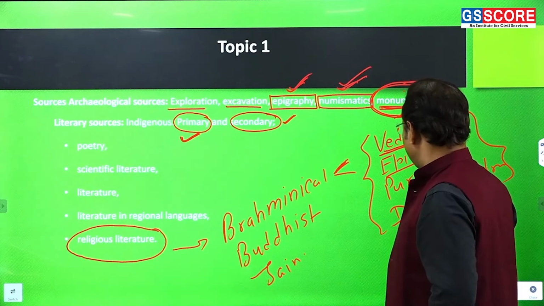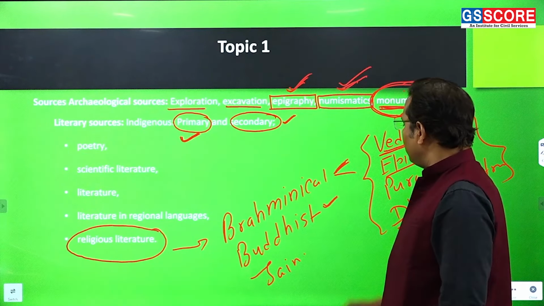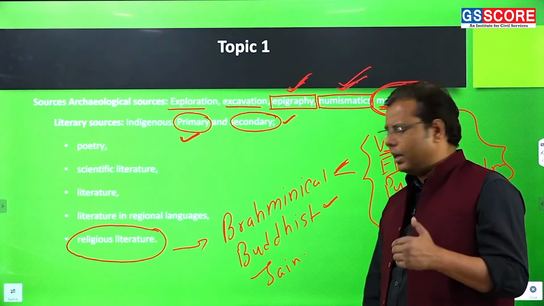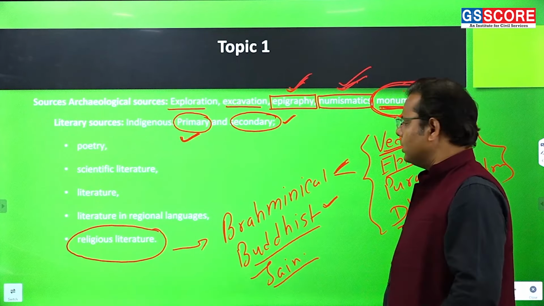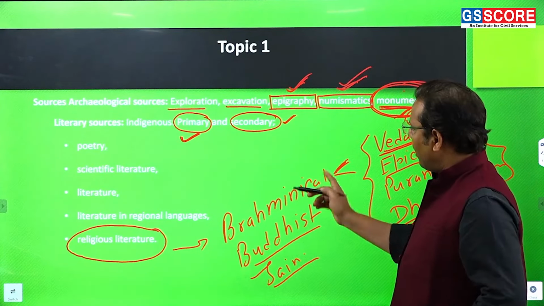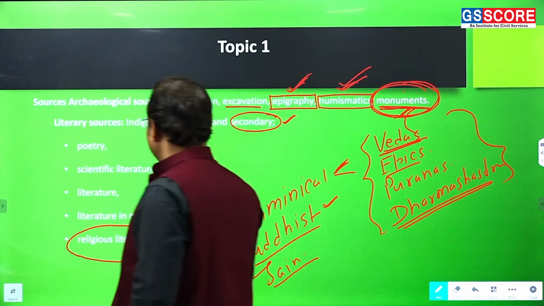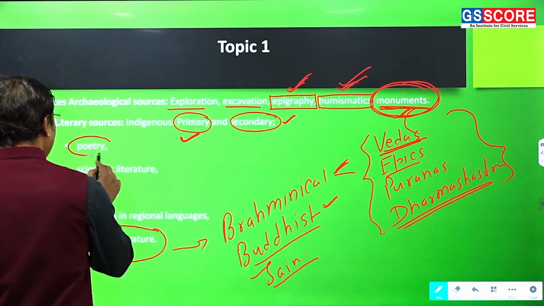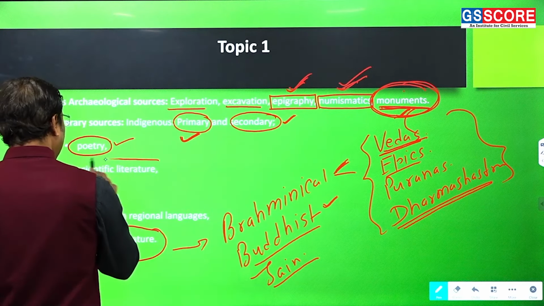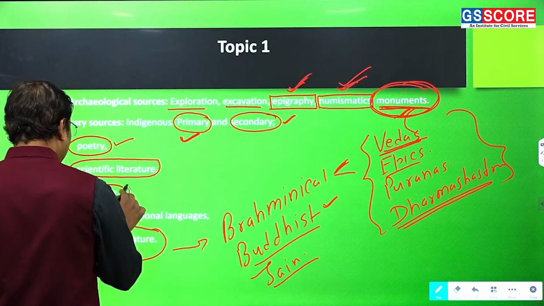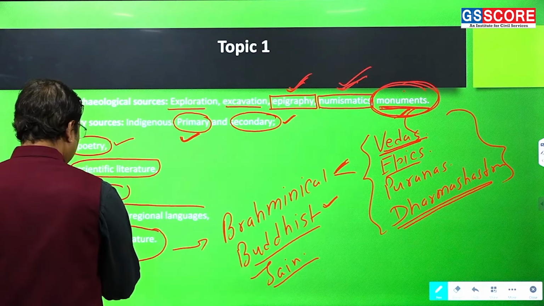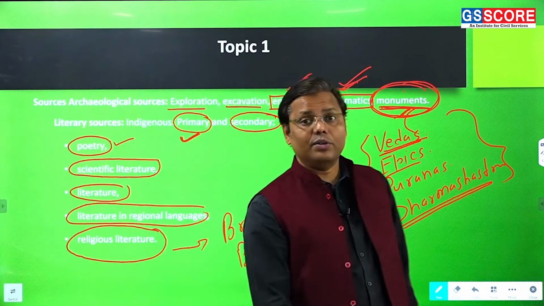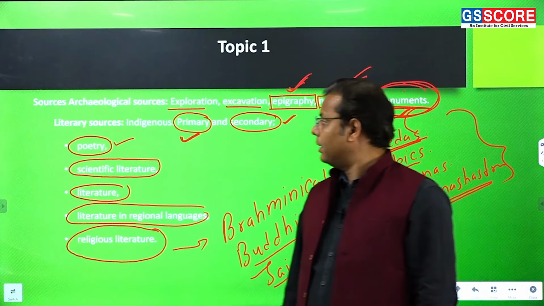Apart from that, as far as the Buddhist sources are concerned, we cannot expect any specific source, but the Buddhist source in general and the Jain source in general are very important. But apart from this, what should be noticed here is that they have given so many other examples or sub themes also, such as poetry. Now it is given separately. Then they have given scientific literature, the normal literature, and then most importantly the literature in the regional languages. Again I'll tell you, unfortunately we do not pay proper attention to these parts,